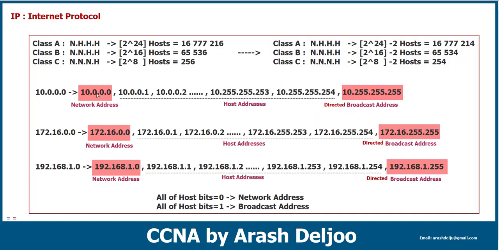The network address is the first address in the range of one class of IP address, or maybe we can say that when you are using all of the host bits as 0, this is the network address. The network address is used for routing. I will talk about that in this course, and you will learn about this more efficiently. But let me say that one of the most important functions of the network address is routing in networks. Because of that, we can't assign the network address to one system. When you are using all of the host bits as 0 bits as value with